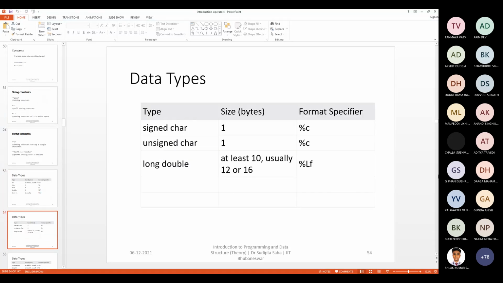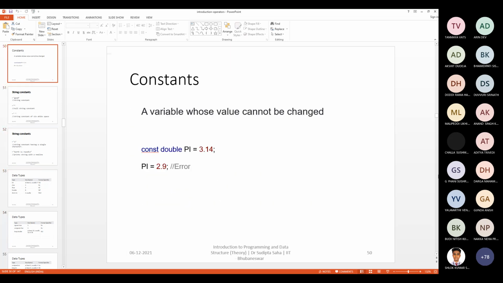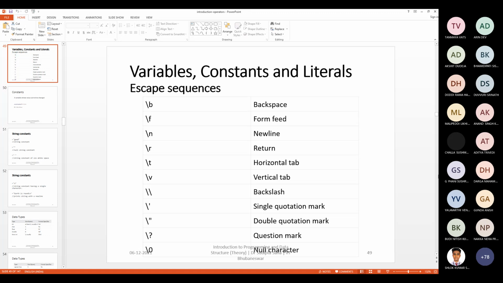Okay, so we already talked about various components of a C program. You can recall. So the initial components, or the very basic components, are these three things: variables, constants, and literals. Okay, so variables, you know what is variable. Constant is a special kind of variable which you cannot change. Variables are always changeable by default, but if you declare a variable to be constant, then you cannot change it. And how to declare that? Using the keyword const.